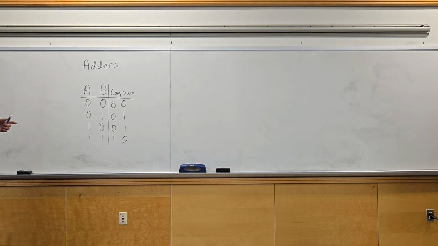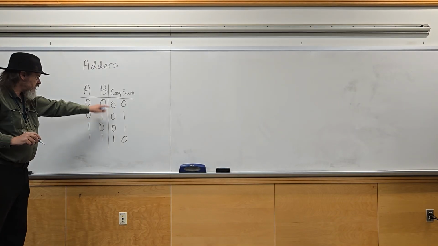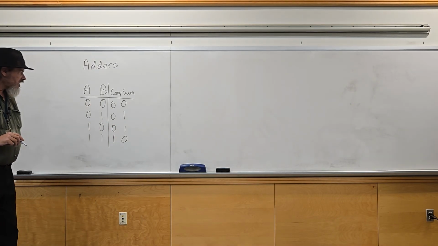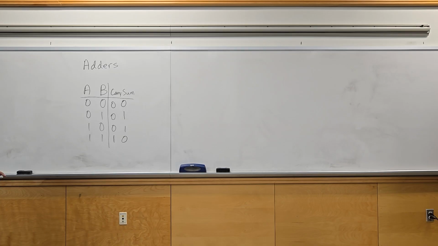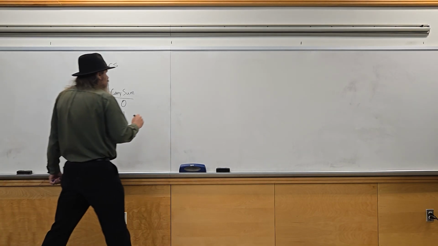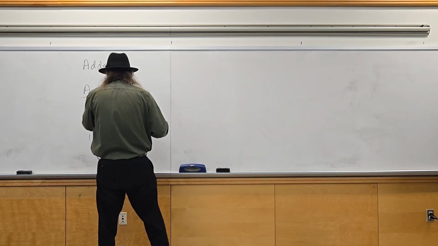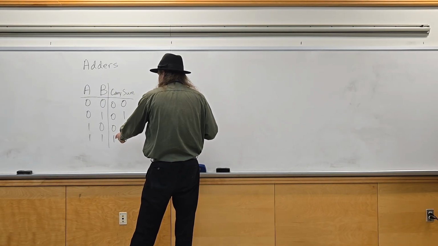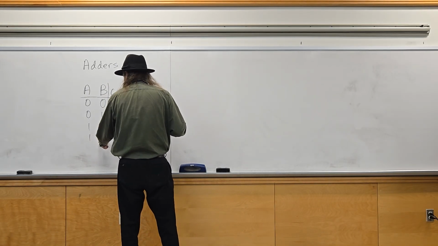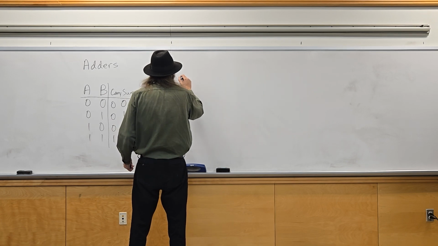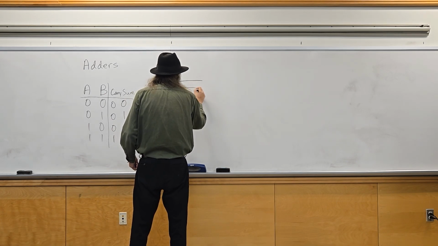Now, you might recognize the 2 columns here as being 2 different functions that we've learned about already. The carry is simply the AND of the 2 inputs. So you would have an AND gate,